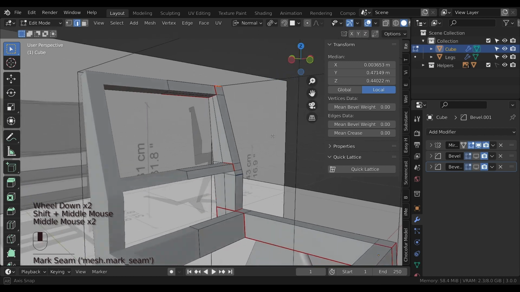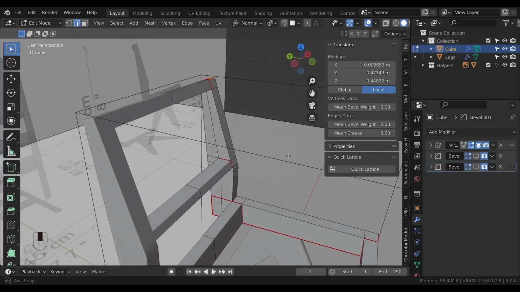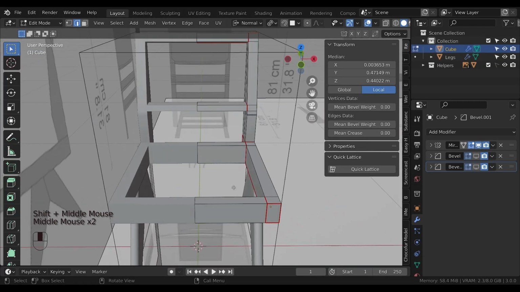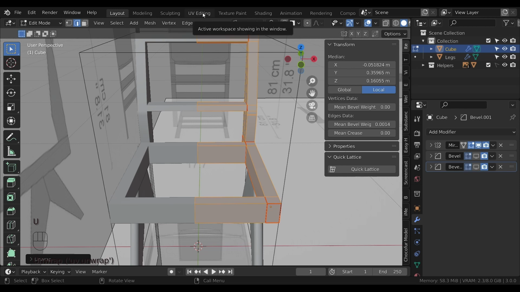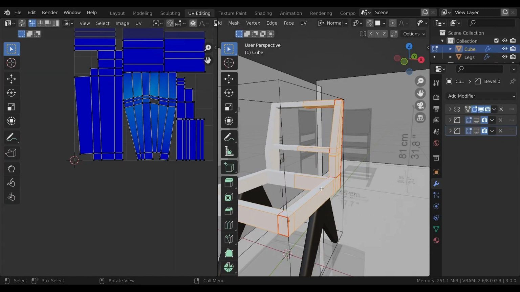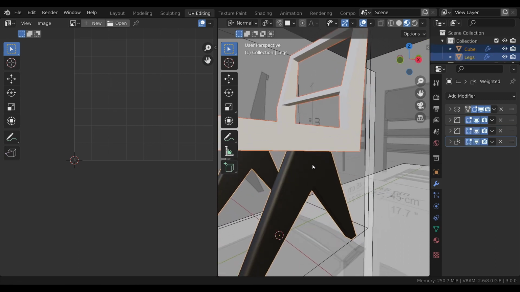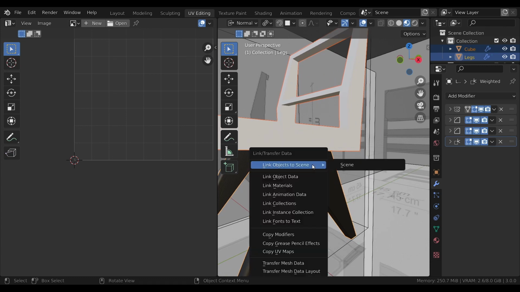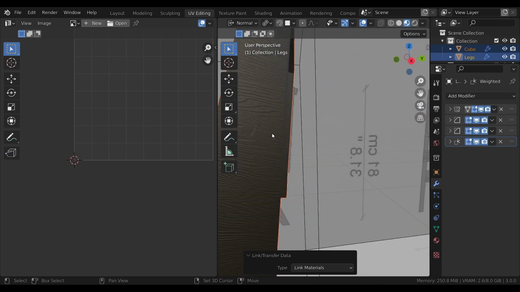So I think everything is done. I need to make sure that my UVs are okay. So I will select all, then click unwrap, then go to the UV editing and try to apply this material to this. So select these and select the legs last and Control L, then link materials. As you see here, I don't have any